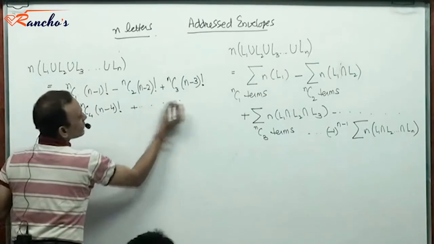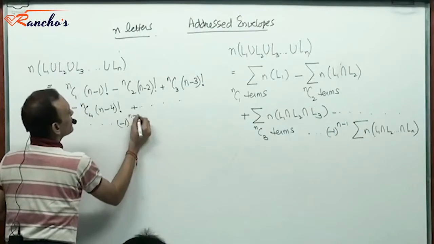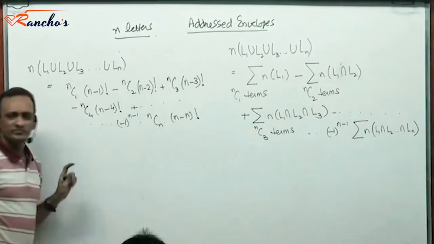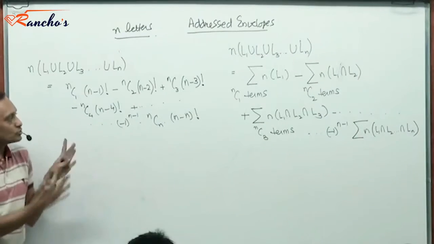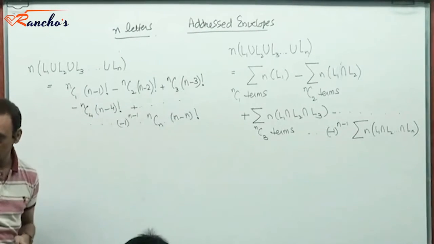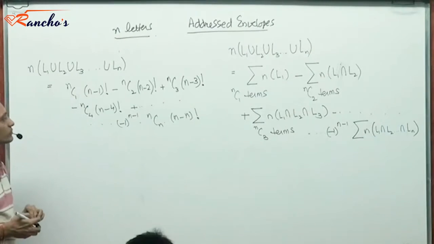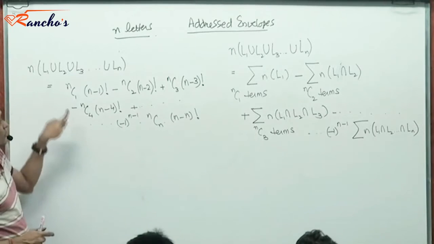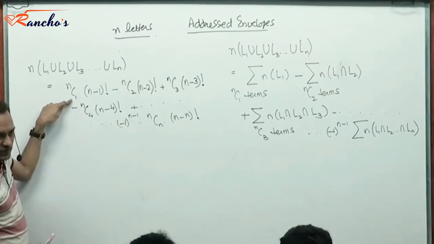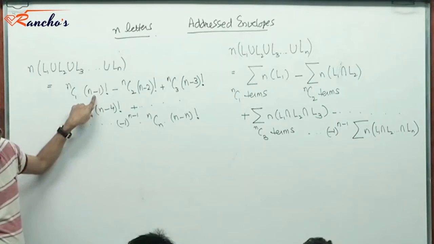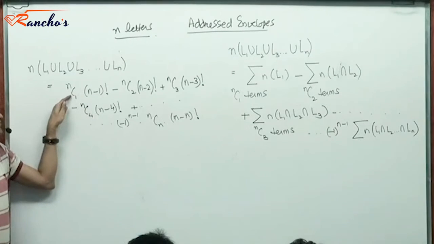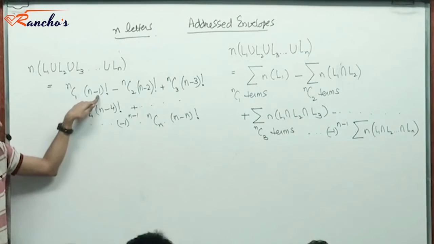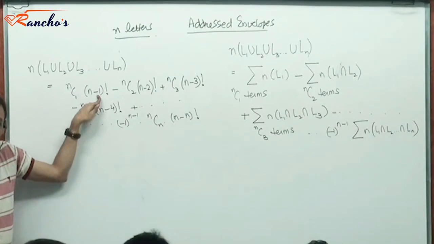Going this way, we eventually have minus 1 to power n minus 1. The last term would be NCn n minus n factorial, which is 1. Just to make it gel with the rest of the terms in looks, we write it like this. Okay, this is what it is, right? Now the denominator of NC1 would be n minus 1 factorial. It will dispense off this, right? This is n factorial by n minus 1 factorial by 1 factorial. The n minus 1 factorial sitting in the denominator will cancel the n minus 1 factorial sitting in the numerator.